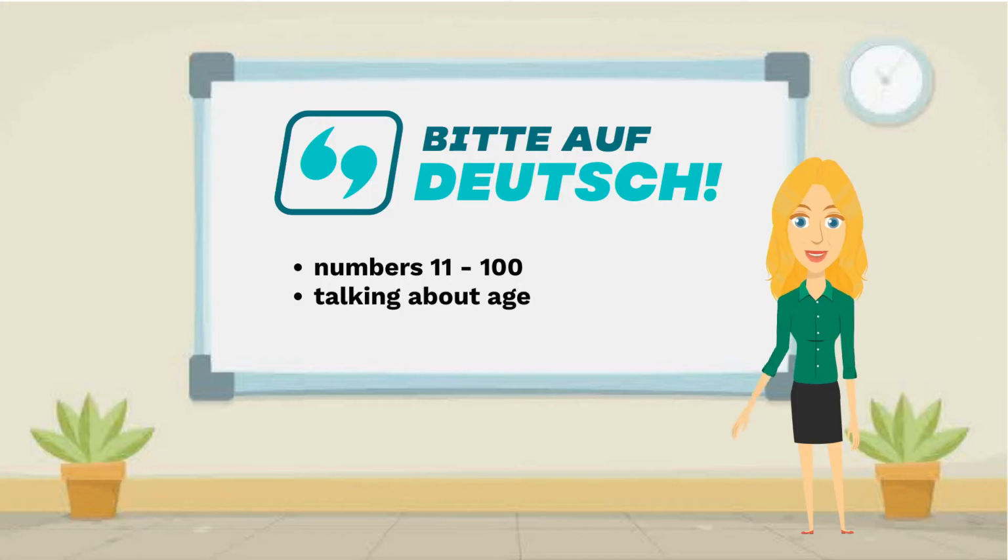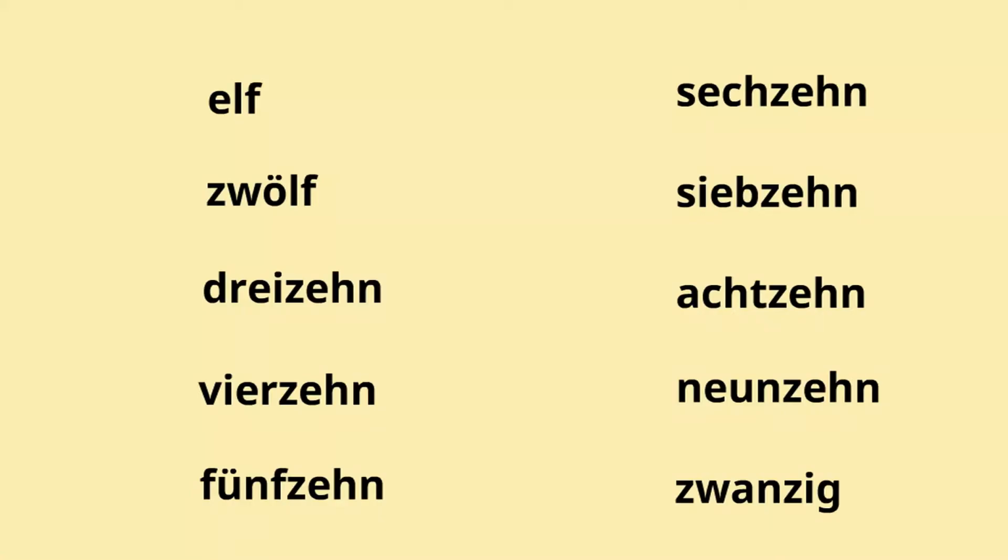Welcome back everyone! This lesson is going to be all about numbers from 11 up to 100. After studying those, you will be fully equipped to talk about age and many other things involving numbers. Let's begin! We have already studied the numbers from 1 to 10 together in an earlier lesson, so this time we will continue from 11. I will pronounce each number twice, and you please pronounce them after me.